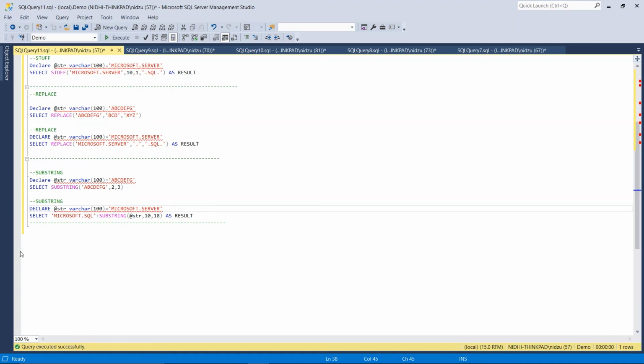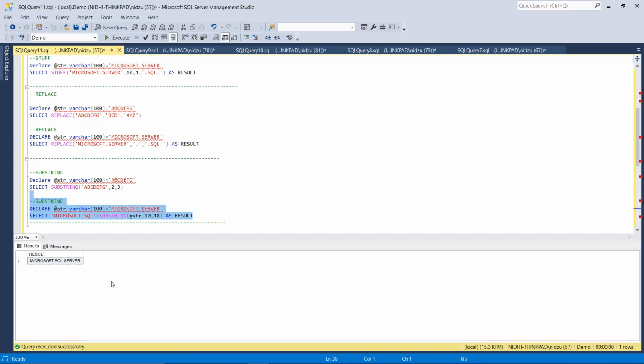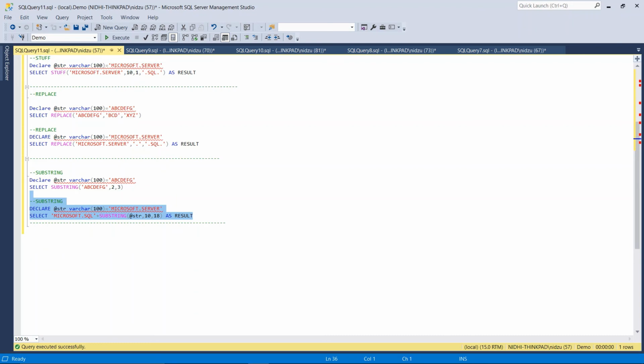So what I can do is take Microsoft.SQL and concatenate it with SUBSTRING, and in SUBSTRING I have taken the entire string stored in @str, and I started it from this dot which is at the 10th position to the 18th position, that is to the end of this string, and it will give me the desired result, Microsoft.SQL.server. So this is how these functions are used, and I hope this is clear to you. Thanks for watching.